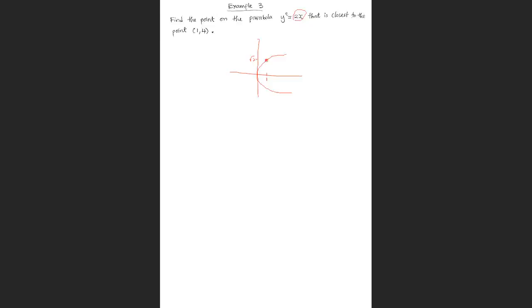But look at the point that I gave you that you're working with. It's (1, 4), so it's something completely out of it. It's sitting right there at the top, a completely different point. So the point (1, 4) is now right up there. So this is 4. So indirectly, what I'm asking is,